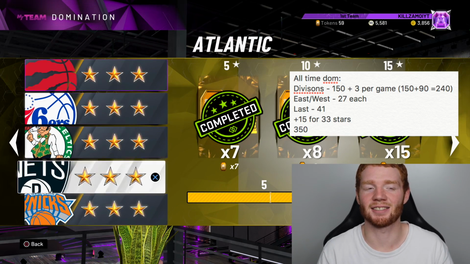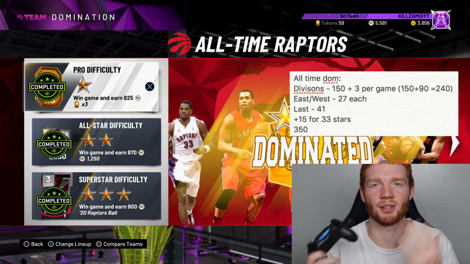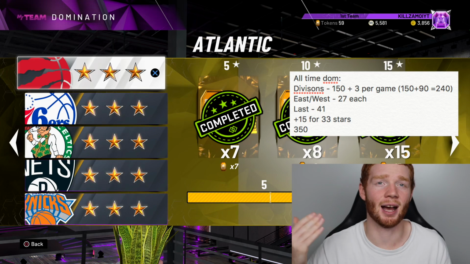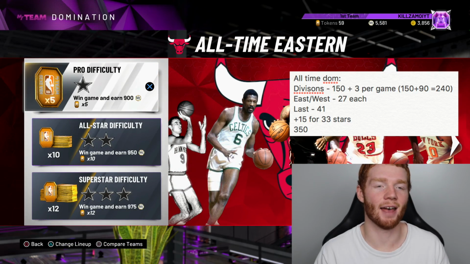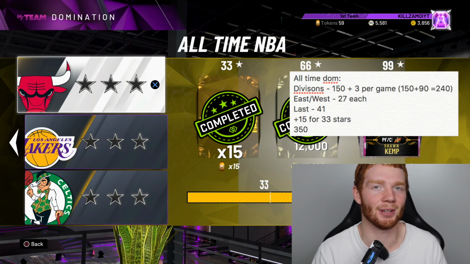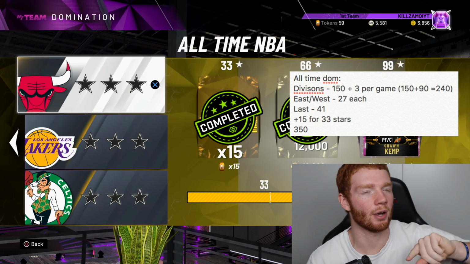So first things first, let's add every single game up. So we get 3 tokens per game. So 3 times 30 equals 90. Then we already worked out that we get 30 tokens per division. So that equals 150 when you times 30 by 5. Add that 90 from before equals 240. And then we got to add these final 2 games. So it's 27 per game for the all-time Eastern and all-time Western, which equals 54. So if we add that to the 240 we had before, equals